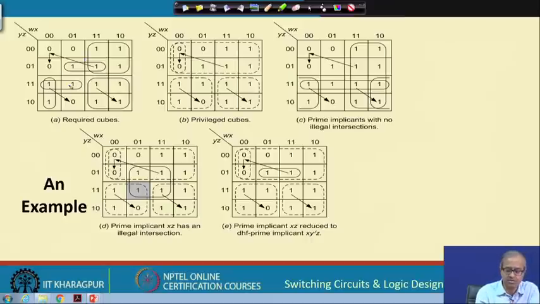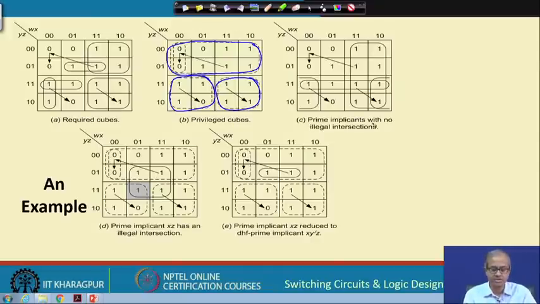The required cubes are all shown here, and from the required cubes you identify the privileged cubes, like there was a transition, you include this transition also in the cube, we make it a larger cube. Then there was a transition here, a transition here, you make everything included. This transition can be smaller, but to include everything you make it itself a large cube, include all transitions inside it, and this last transition was already inside it. So, there is no problem. These are the privileged cubes,